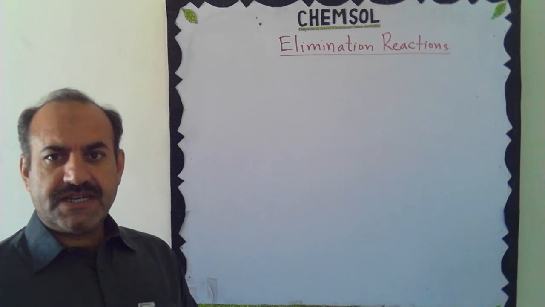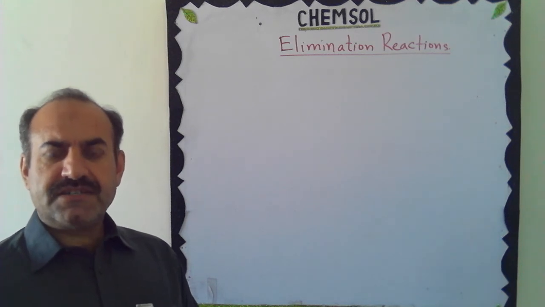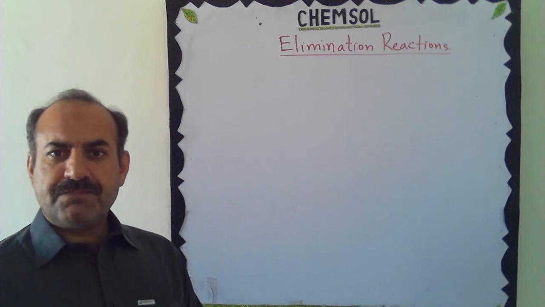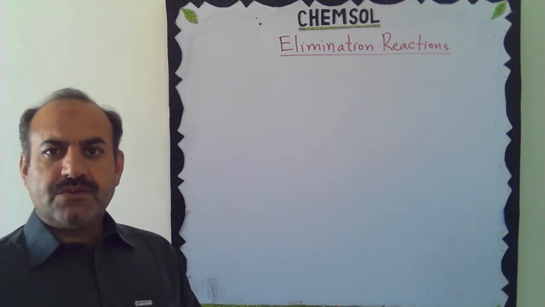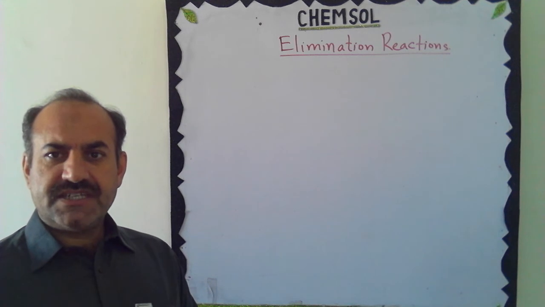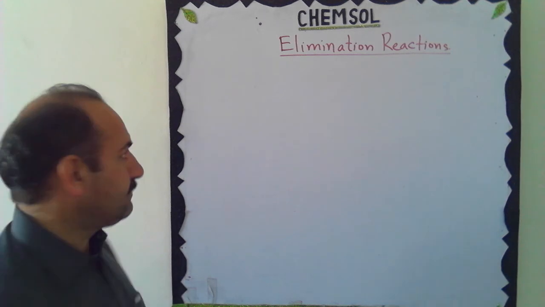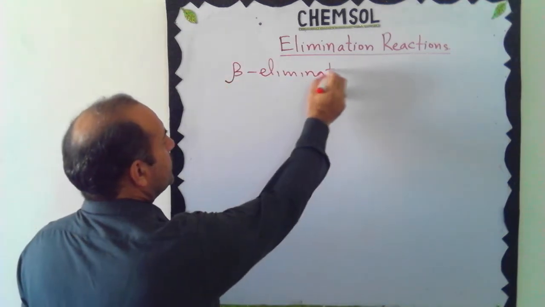During this process, a double bond is created. So such kinds of reactions are used to prepare an alkene from different kinds of organic molecules. For example, alkyl halides, alcohols, and 1,2-dihalo or vicinal dihalides can be used to prepare alkenes by the process of elimination. It is also called beta elimination.